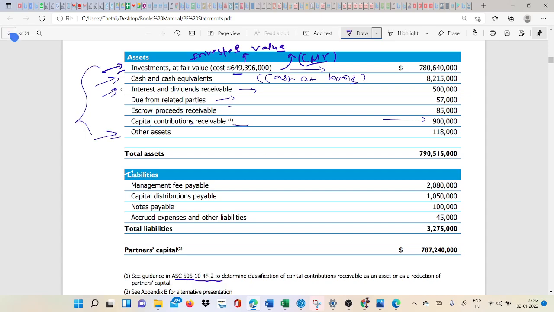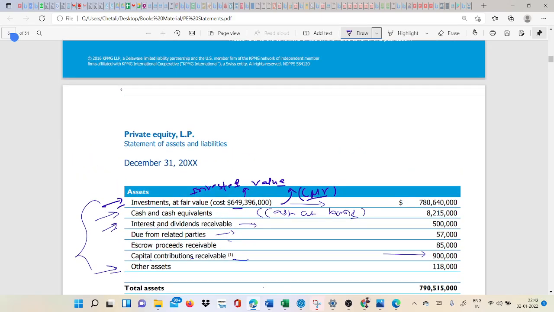These are the normal terms, okay? There is nothing new. And you can see the same statement in an actual private equity firm as well, but not in daily accounting, because in daily accounting there would be different terms. This is like the financial statements on an annual basis, because if you can see, they have prepared it for the entire year 2020, sorry.